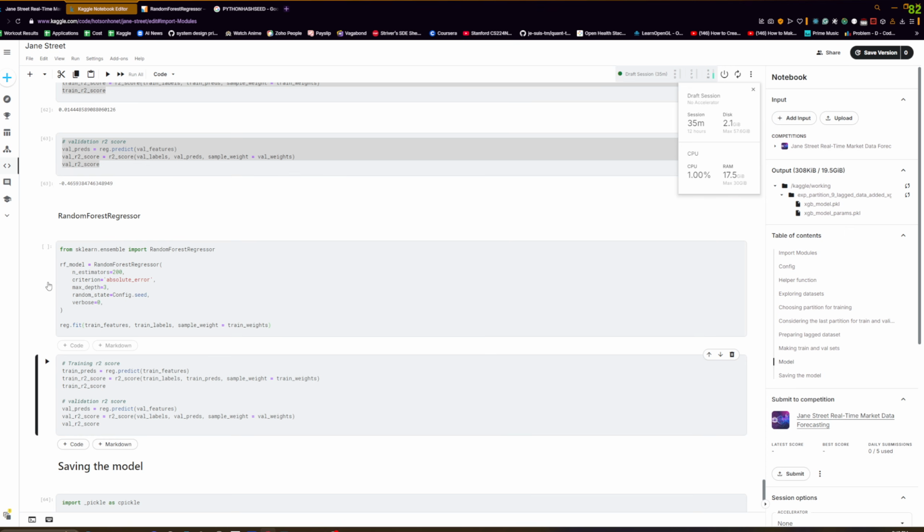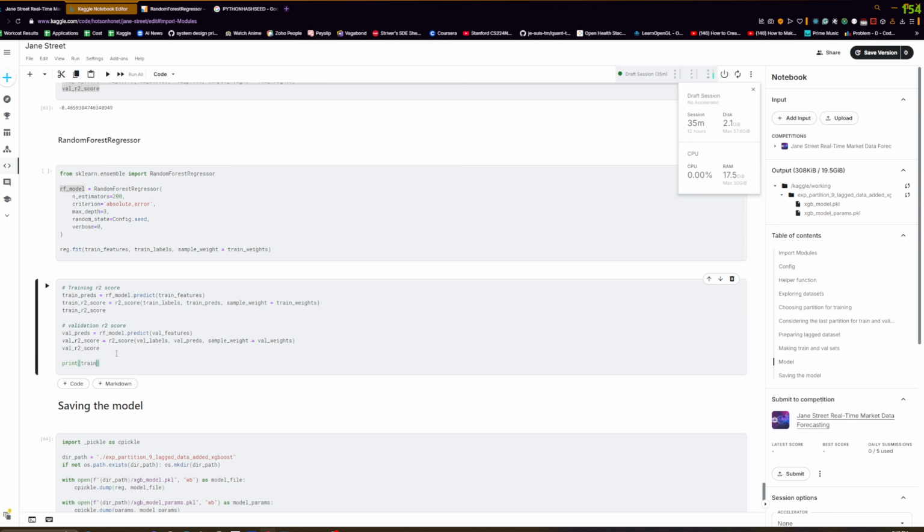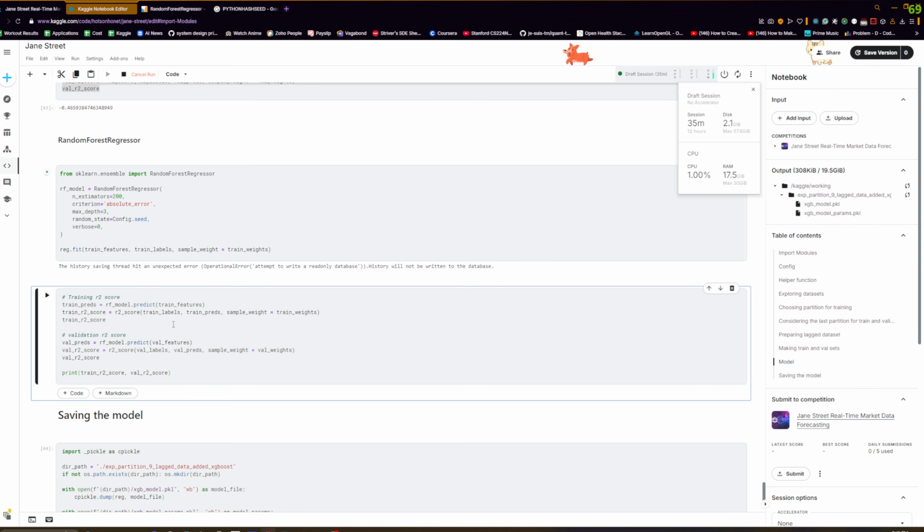Okay, and train output score, val output score. Okay, let's run this. The history saving thread hit an unexpected error. Attempt to write to a read-only database. History will not be written to the database. Okay,